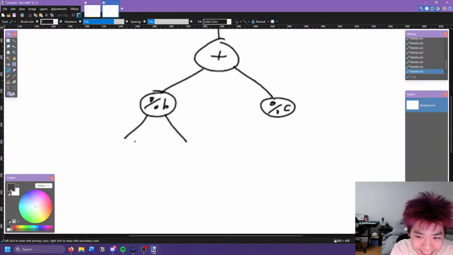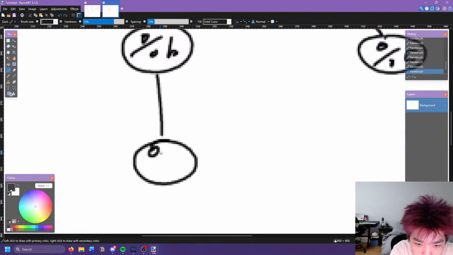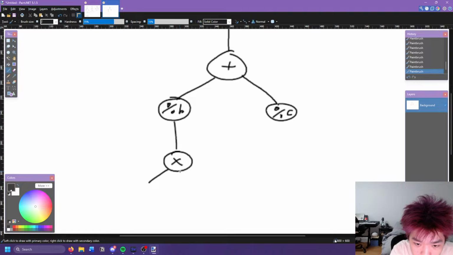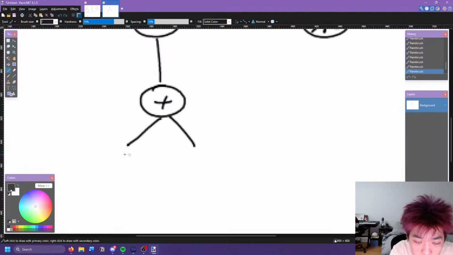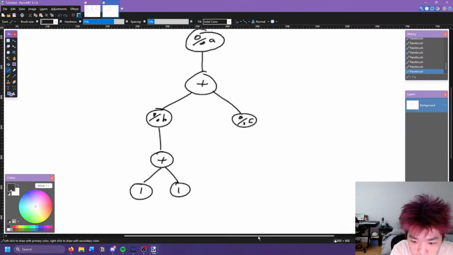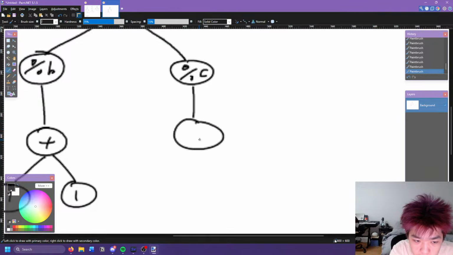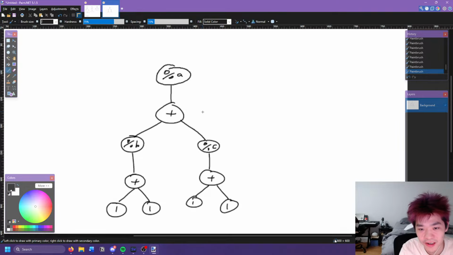I could do some really interesting stuff here. So then reg B is another add for instance, and this takes 1, this takes 1 for instance. This takes plus, this takes 1, this takes 1. So what I'm thinking we could do here is we could serialize this